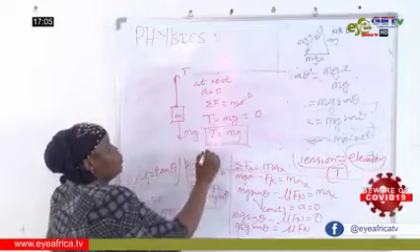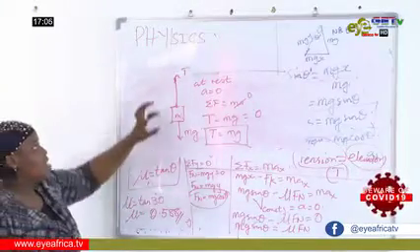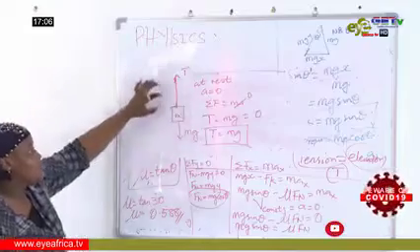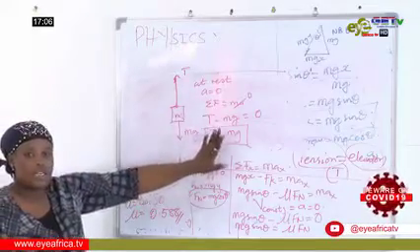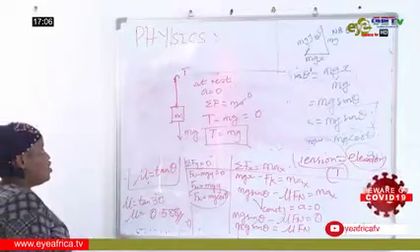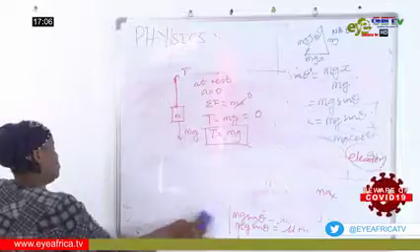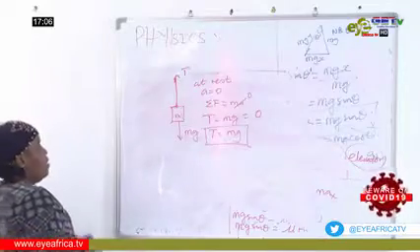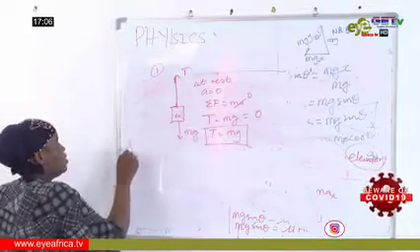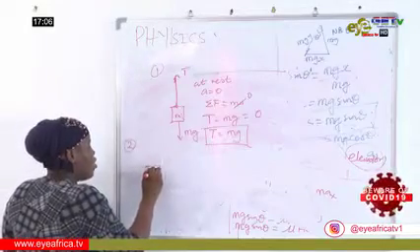So if an object is hanging or is at rest, the tension it experiences will be the same as the weight it has. That is T equals mg. But in the other condition, we are still dealing with a single rope supporting objects. Now this is one. The second thing can be the object is being supported by a rope.